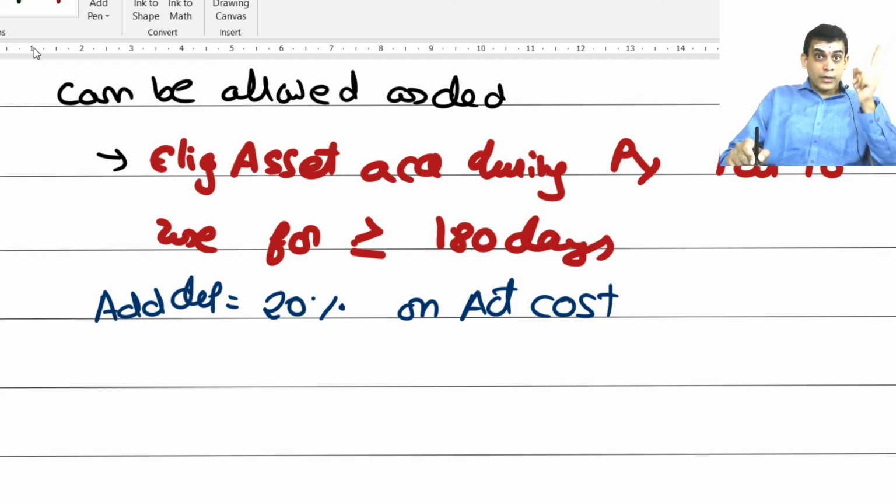So here the important thing you should note is, to claim additional depreciation every year, you should acquire an eligible asset. If you acquire eligible asset every year, then only you can take the additional depreciation. It's not like your normal depreciation. Normal depreciation, once the asset is purchased, every year till the WDV becomes zero or till the block does not